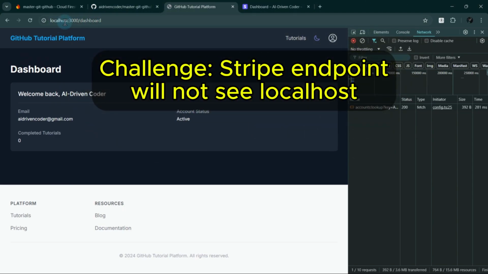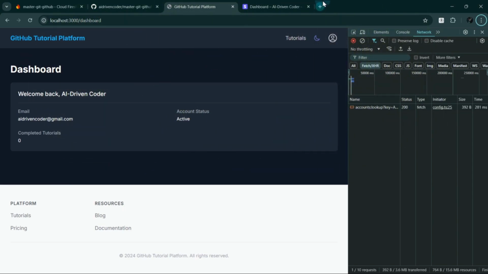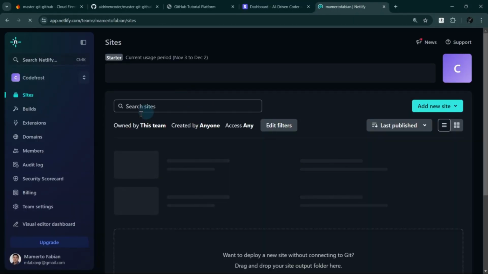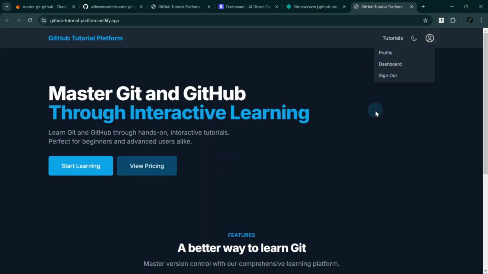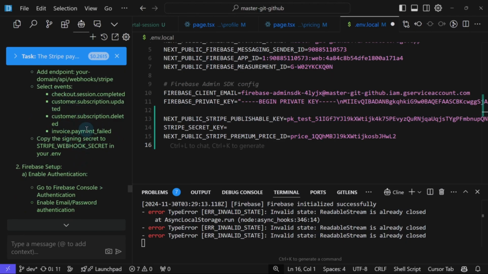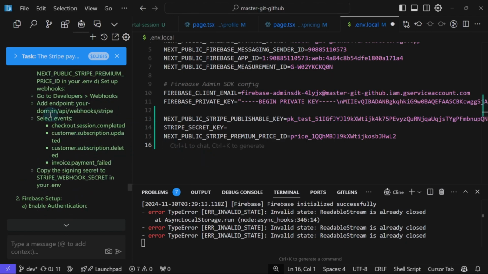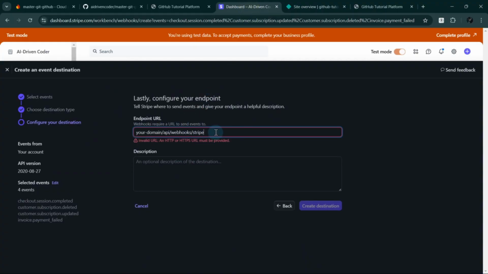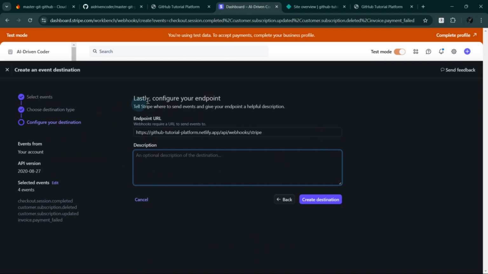Stripe will not be able to find this, but good thing we have our app already deployed in our Netlify account here. So I will use this deployed version. There, but this is still not updated because right now if we go to Cursor, we are working on the dev branch, so this won't work for now. But let's just continue with the process here. So what I will do is I will add this endpoint here in Stripe and then move on. So at least we are making progress with this webhook. So now I'm going to create the destination.